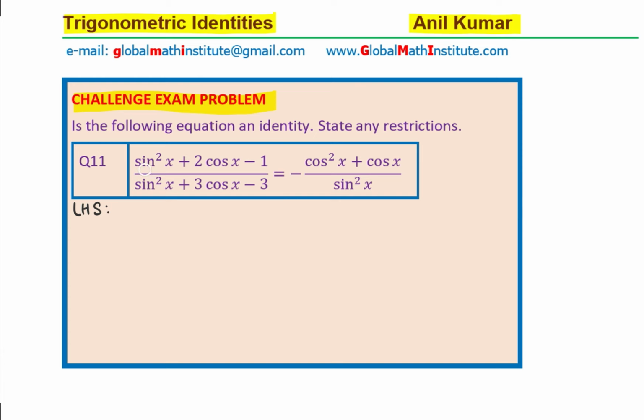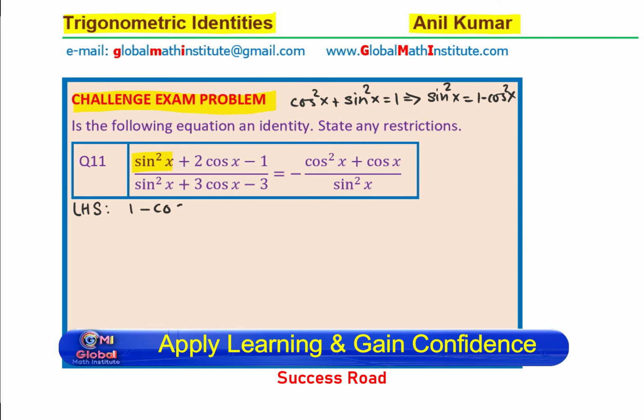So, we are given sine square x plus 2 cos x minus 1. Sine square x can be written as 1 minus cos square x, right? Since you know that cos square x plus sine square x is equal to 1, and that is to say that sine square x equals 1 minus cos square x, correct? So we are going to replace sine square x with 1 minus cos square x, and we'll rewrite the left hand side as 1 minus cos square x plus 2 cos x